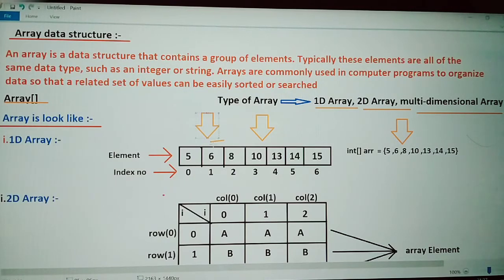This full array we have written here, 5, 6, 8, 10, 15. It is the 1D array, and the exact syntax of this array is this.